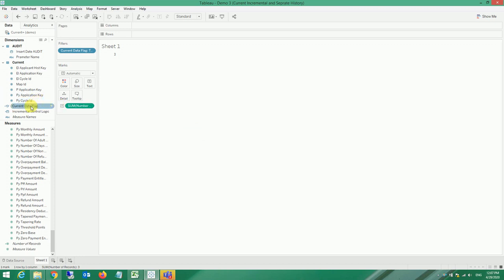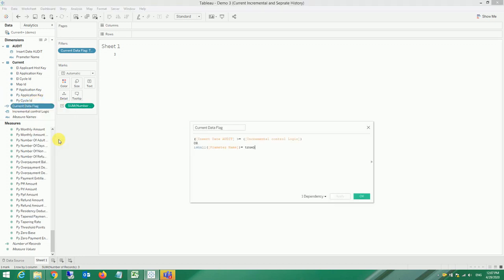That's why I created this flag for the incremental current data with this condition. This condition will bring the current information from the current data source with the incremental logic, with the latest record only, but it will bring everything from the historical.